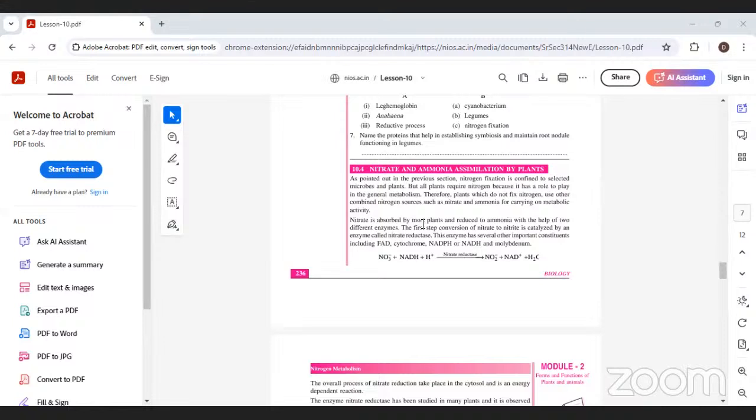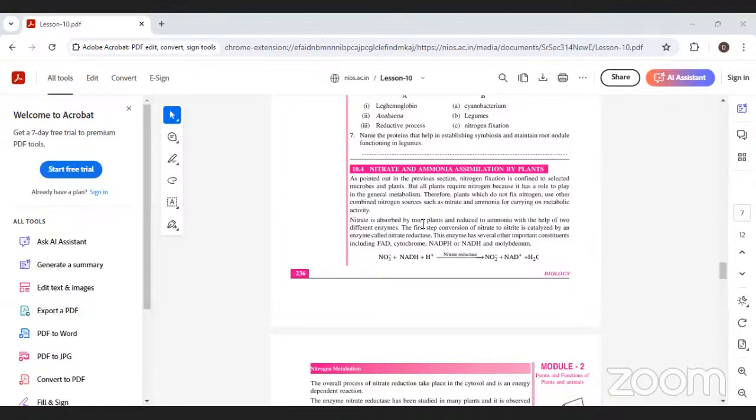All plants require nitrogen because it has a role to play in general metabolism. Therefore, plants which do not fix nitrogen use other combined nitrogen sources such as nitrate and ammonia for carrying on metabolic activity. Nitrate is absorbed by most plants and reduced to ammonia with the help of two different